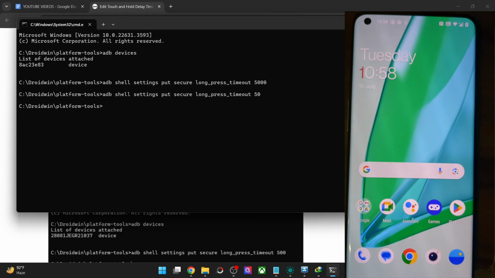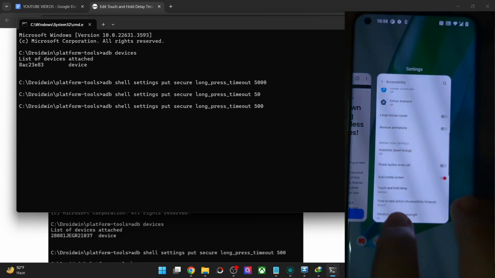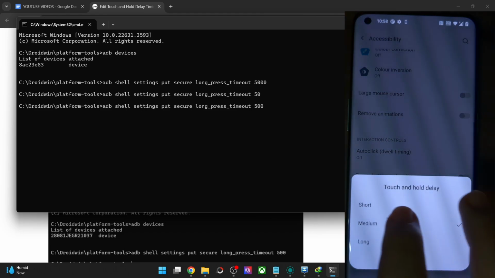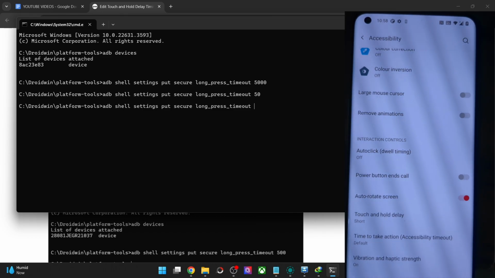So if you want to change the time and use a new command, let's say you want to use 500, then before every command you just have to choose any one of these three values to reset the time period. So you may choose medium, small, or large to reset the time frame, and then again you could use the time of your choice to get the job done.